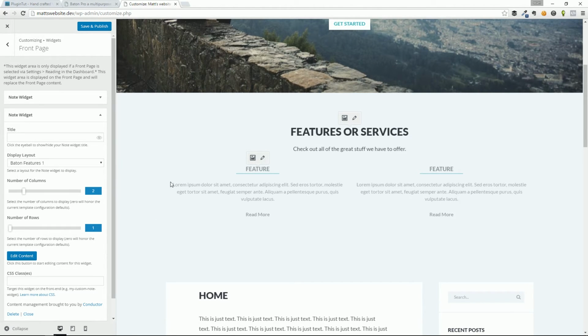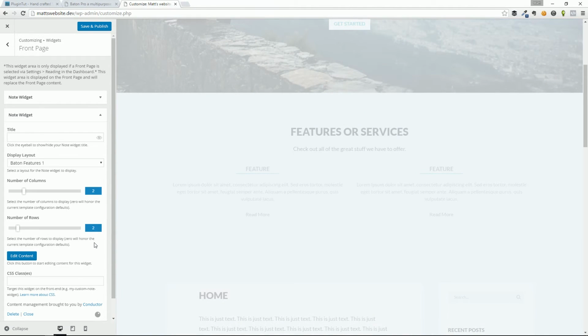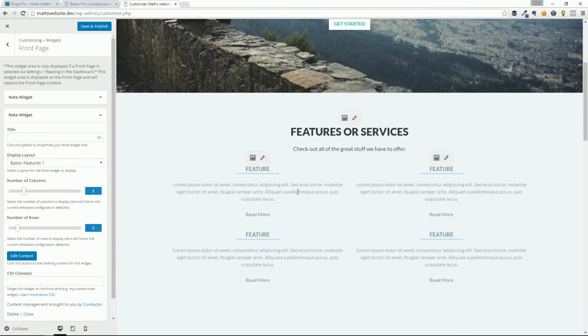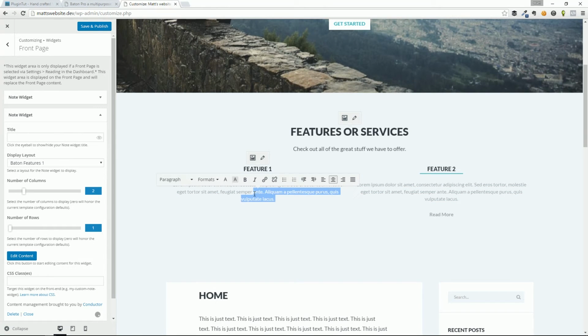So if you say, you know what, I have 4 features, I just don't want 4 across, I want them in a grid. Well, no problem, we'll drag that number of rows to 2, and now you can see the features stack in a nice grid. So you're simply clicking in this, and you can say feature 1. I'm not going to fill out all of this stuff because it would take a little bit of time. In fact, I'll just leave feature 1 and feature 2, and I'm going to bring this back down to 1